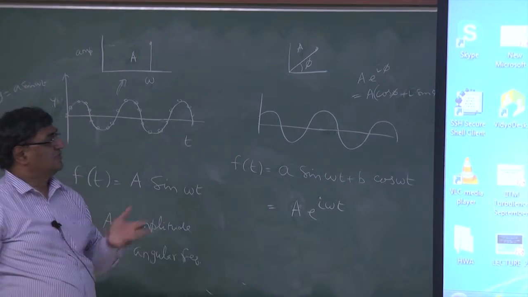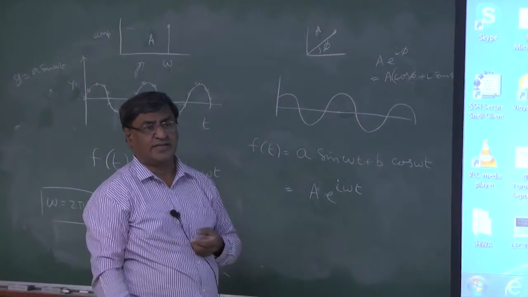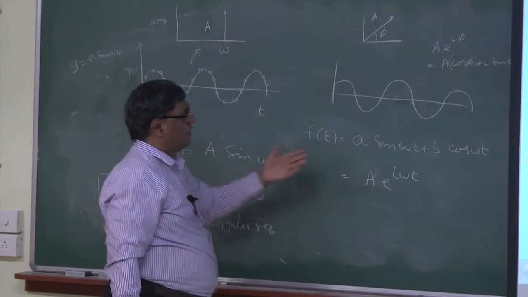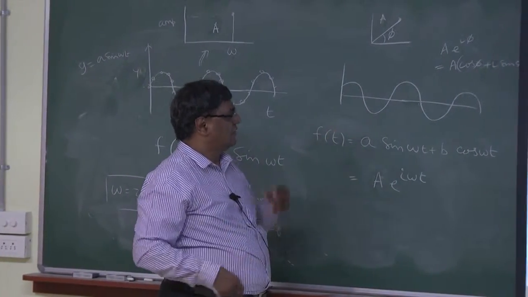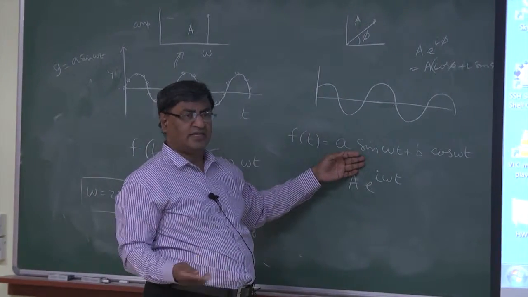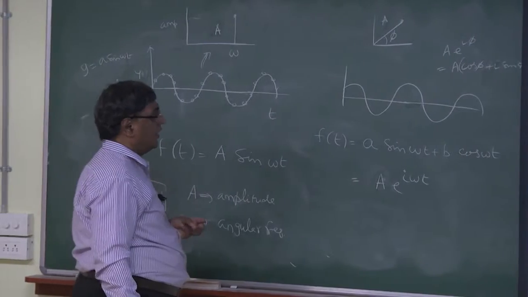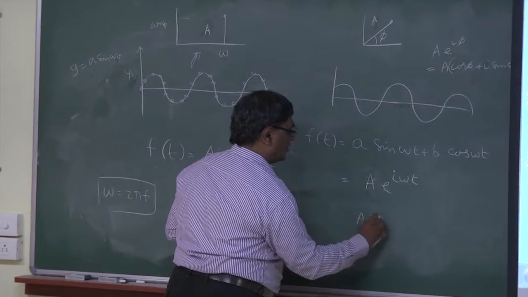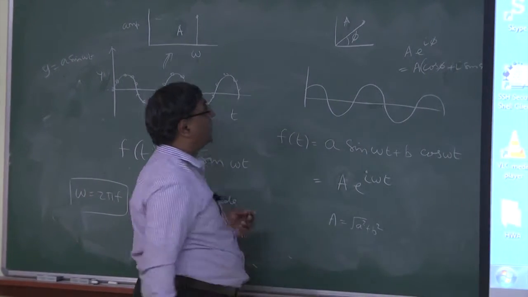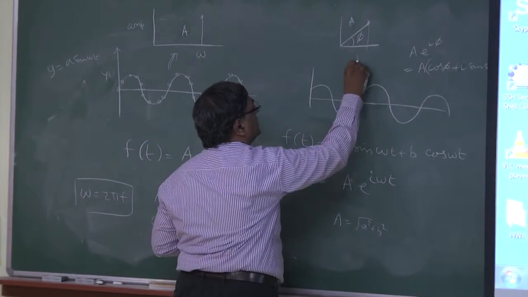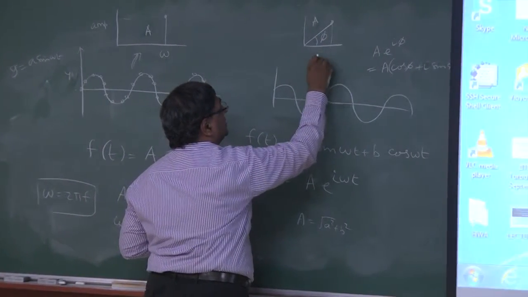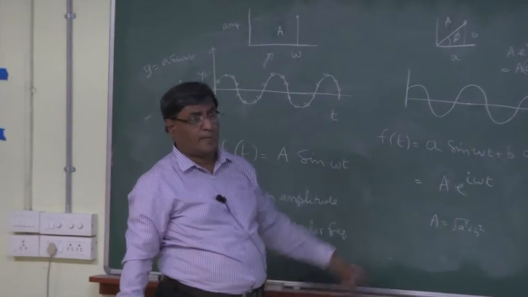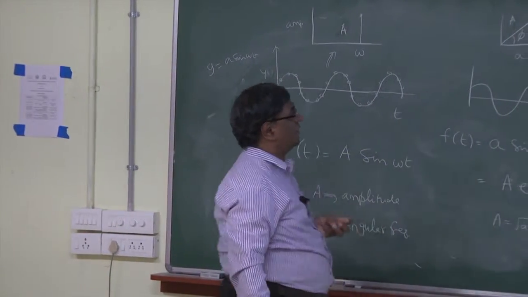So, whenever you have both cosine and sine taken together, that basically represents the phase angle of phi. If you have a function which has both sine and cosine components, cos is simply 90 degrees shifted from sine, that is all. And this amplitude A therefore has to be taken as A equals square root of a square plus b square. If I had a complex number whose real part is small a and the complex part is b, square root of a square plus b square gives the magnitude, and the angle phi comes from tan inverse of b by a.